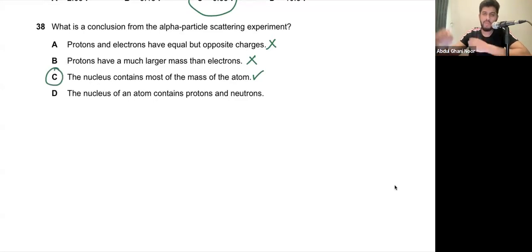Some of the alpha particles deviated at a very large angle, and that basically means that the nucleus is at the center, it's tiny, and consists of most of the mass. That was from the alpha scattering experiment. The nucleus of an atom consists of protons and neutrons. No, we did figure out that the nucleus was positively charged, but that it consists of protons and neutrons,